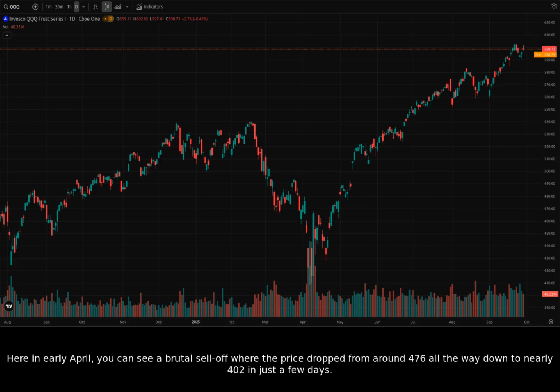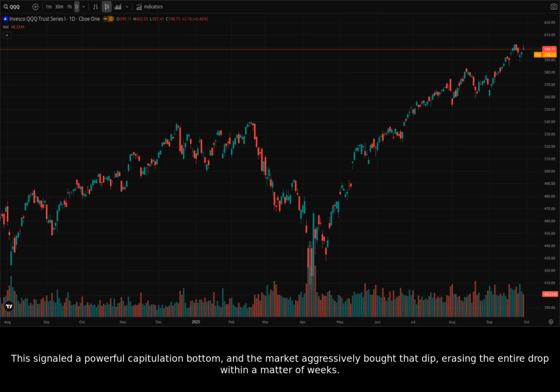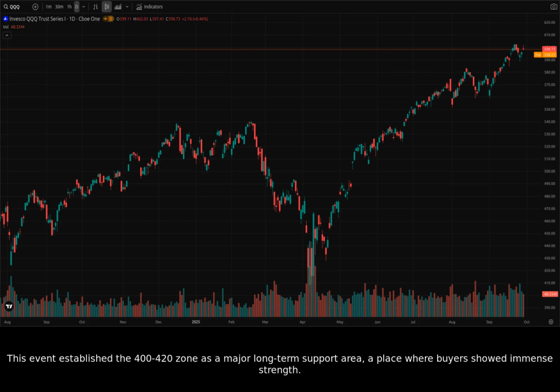Here in early April, you can see a brutal sell-off where the price dropped from around 476 all the way down to nearly 402 in just a few days. Notice the extremely high volume on these down days, indicating intense selling pressure. But just as quickly as it fell, look at this massive bullish reversal candle on April 9th on even higher volume. This signaled a powerful capitulation bottom, and the market aggressively bought that dip, erasing the entire drop within a matter of weeks. This event established the 400 to 420 zone as a major long-term support area, a place where